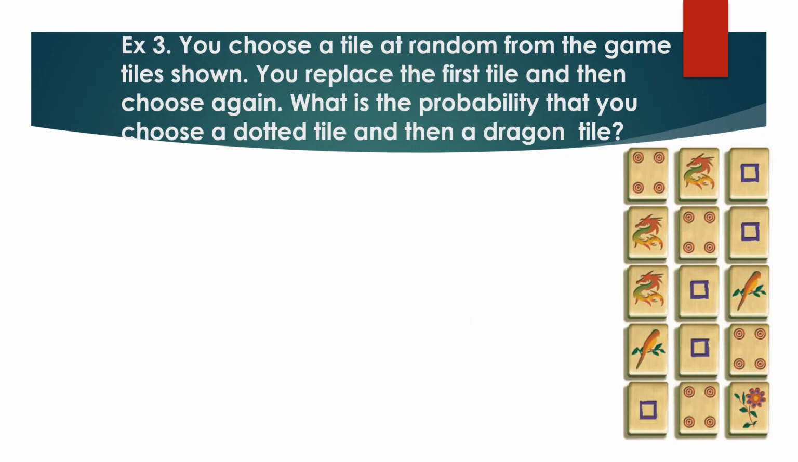Alright, example number 3 says you choose a tile at random from the game tiles shown. You replace the first tile and then you choose again. What is the probability of choosing a dotted tile and then a dragon tile? So because you are replacing, these are independent events. And so probability of dotted,